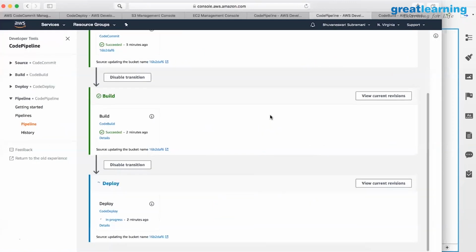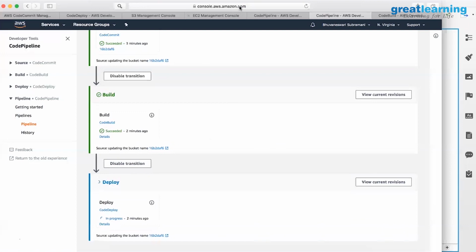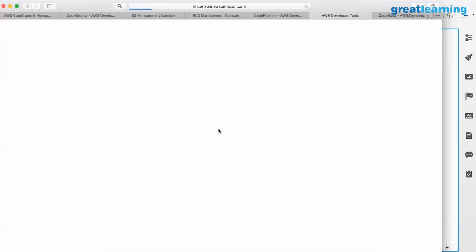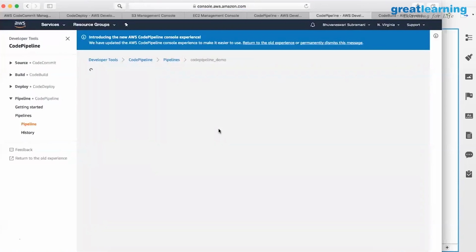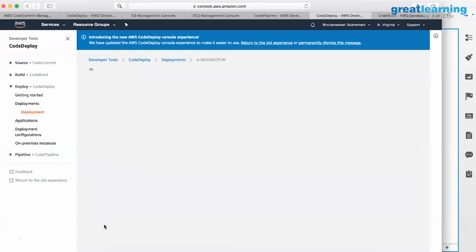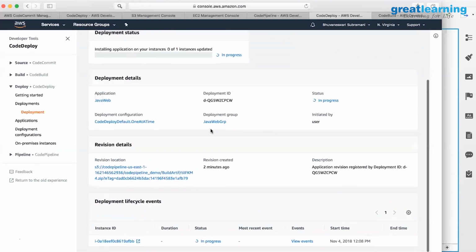Now we'll move back to CodePipeline. The CodeDeploy seems to be still happening. Let me go to the events and see where it is exactly.